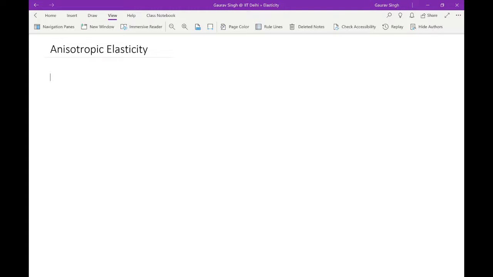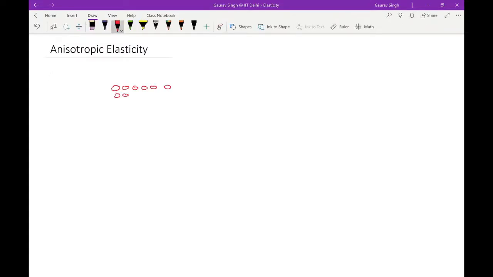Okay, in isotropic, the elastic response was the same along all the directions, and we had, I think, earlier seen an example of how a foam and steel can be combined to form an isotropic solid. Okay, so, say if you have a simple... okay, or let me directly draw it like this. Say if you have a solid in which